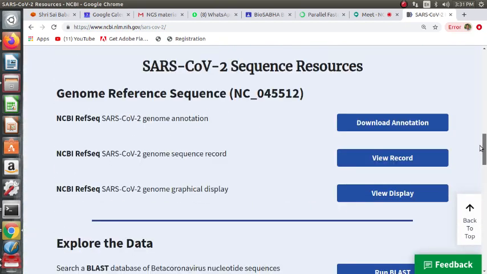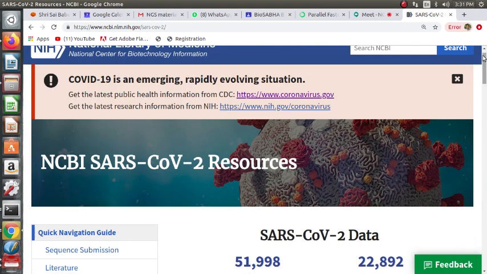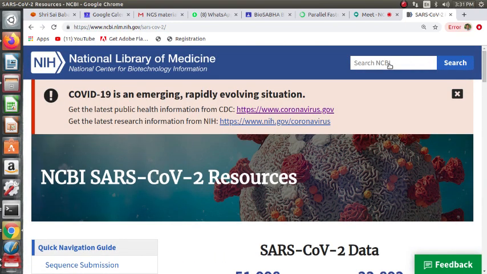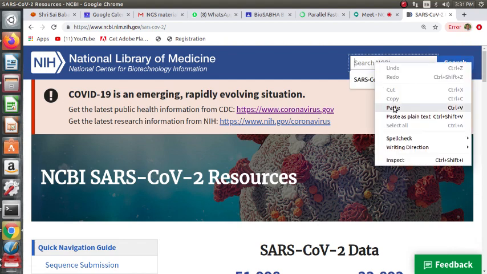Right, you can first get the accession, NC_045512, the genome reference sequence accession. In search, you put this.